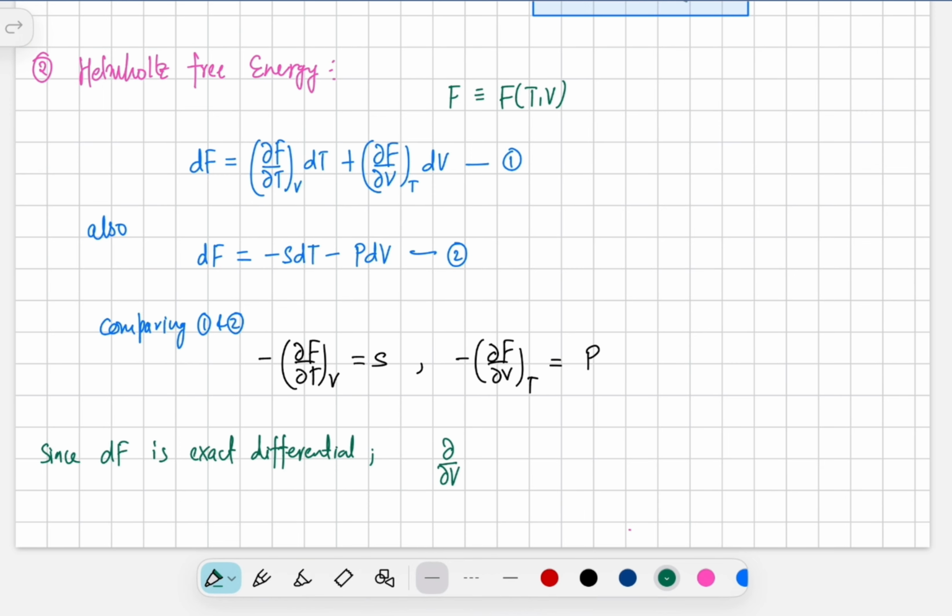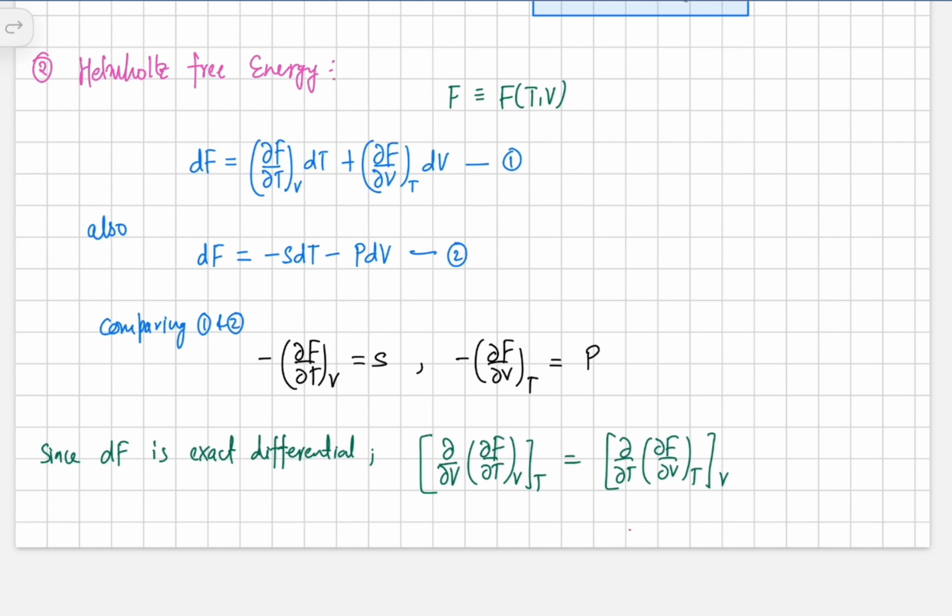Del by del V of del F by del T at constant V is equal to del by del T of del F by del V at constant T, whole at constant V, right? This is the property of the exact differential. Now you can replace this thing by minus S, this thing by minus P, this and this, okay? If you do this,